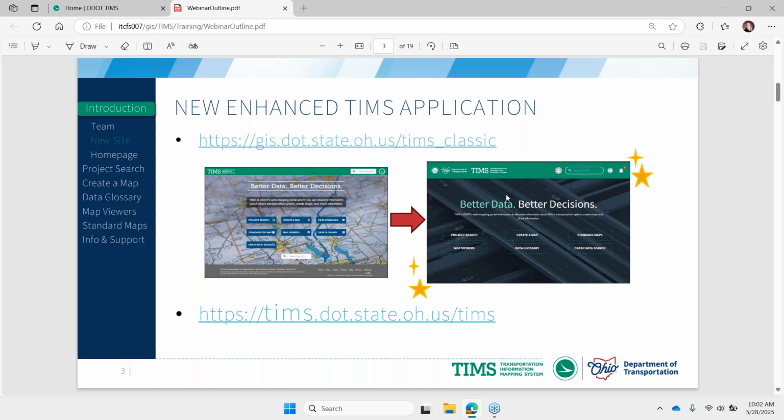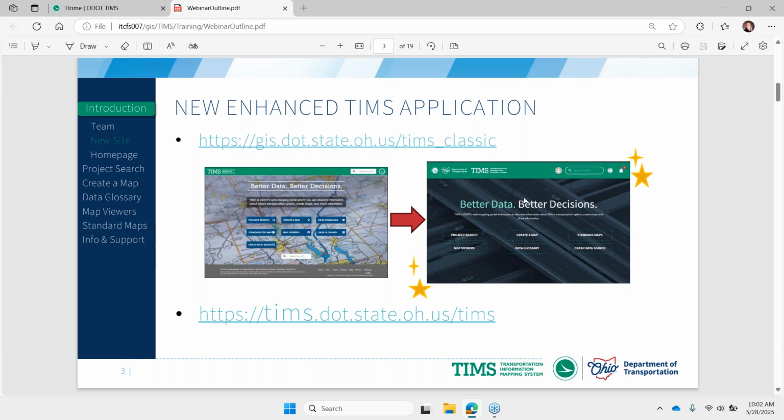Times are always changing, so we need to make sure that behind the scenes we've got all the most up-to-date technology and secure databases and all of that good stuff. And we hope that in making those changes, we were also able to incorporate some really great enhancements to make the application better for the users, for you guys.